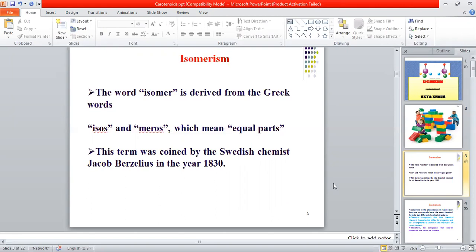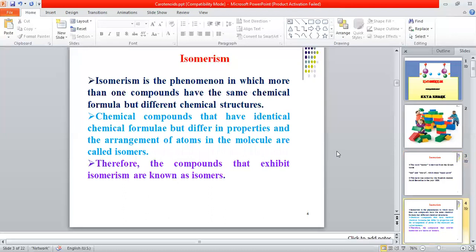If someone asks you what isomerism is, this is not a very tough job. It is just like a play of building blocks, and you have to explain it on the basis of this game. Next, you should know the meaning of the term isomerism, and who coined this term. Then you have to say he was Jacob Berzelius in the year 1830. Now come to the point.